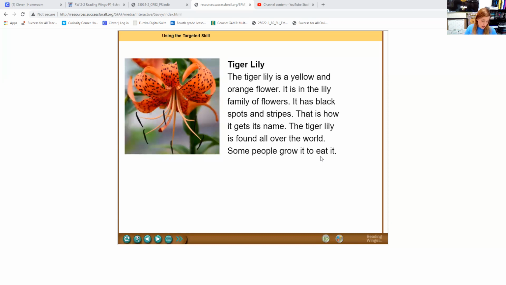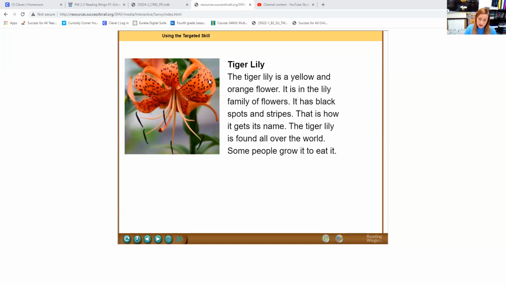This time I did not make a good prediction based on the clues I had. I said it would be about a character in the book. This passage is about a flower. The flower is orange and has black spots and stripes, which is how it got its name. So usually when we make predictions, we feel satisfied when our predictions about the text come true, and we kind of feel not as happy whenever they do not, or maybe even surprised.